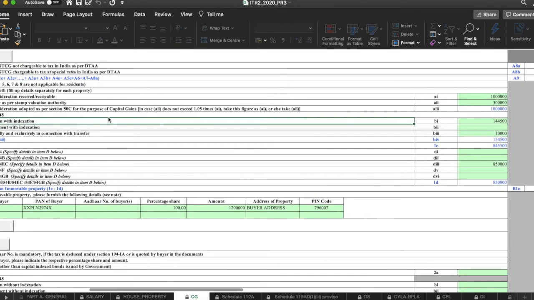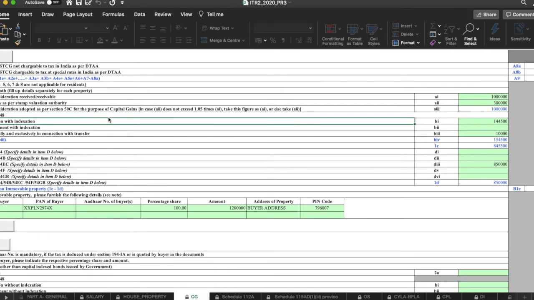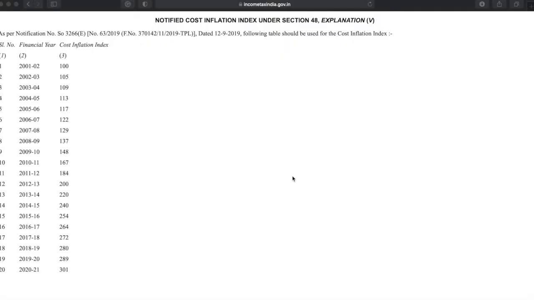How we calculate that is: indexed cost of acquisition is calculated by actual purchase price into index in year of sale by index in year of purchase. That is the formula used to calculate it. The cost inflation index is published by the government, so you can search and get it from the income tax site. Each year it will be published.